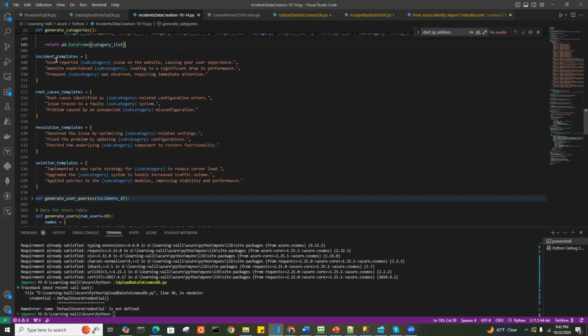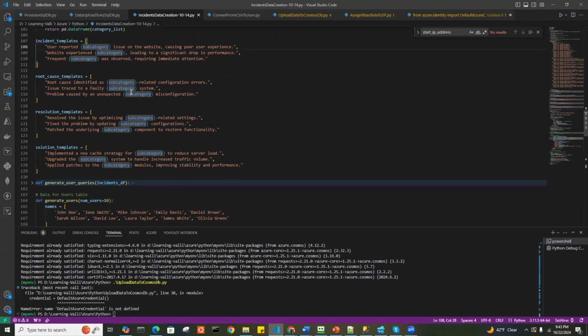And these are the template sentences that I was talking about. So we have these 3 sentences, for example: "User reported", and then subcategory is the parameter, "issue on the website causing poor user experience." So I'm using 3 templates. And then root cause templates, it's a similar concept. Root cause templates, resolution templates, solution templates. And